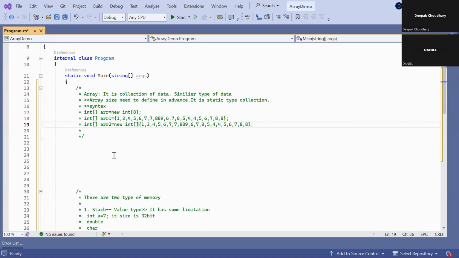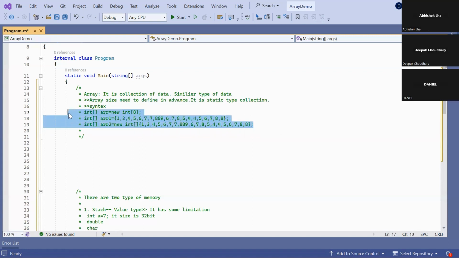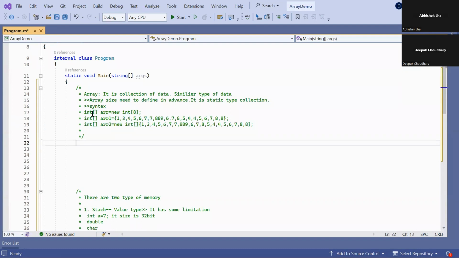We can leave it empty, and here you can decide what elements need to be stored into that array 2 variable. So this is also a way to declare the array. This is only a syntax. So there are three ways of declaring the array, but in those two ways there is no scope of user input, but in this way there is a scope of user input.